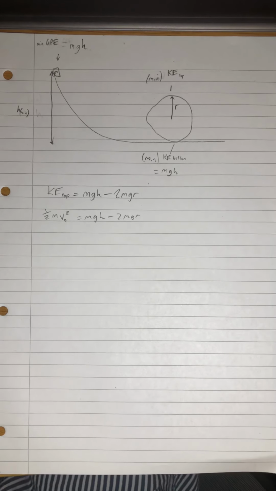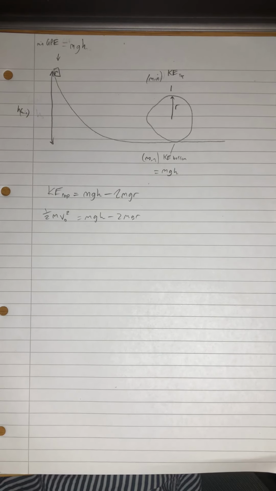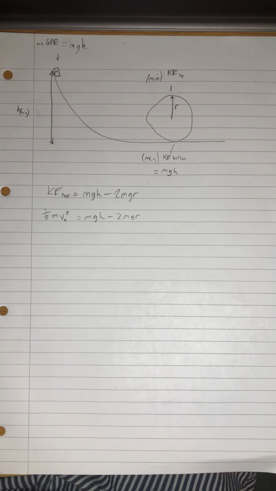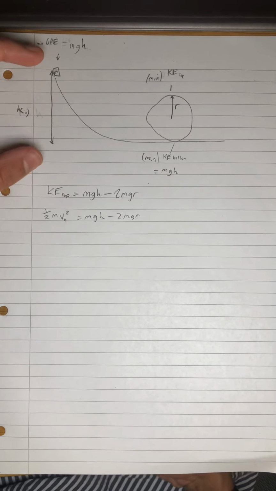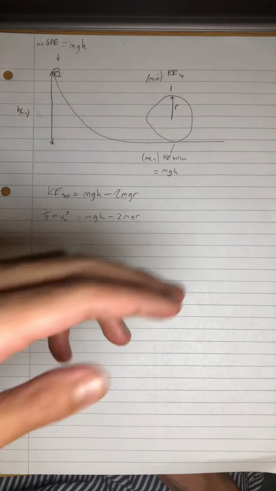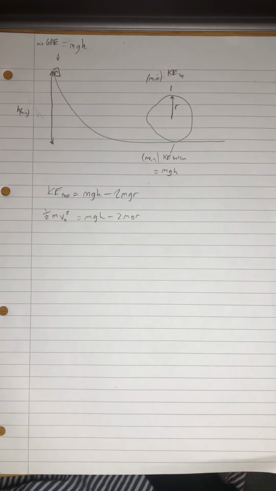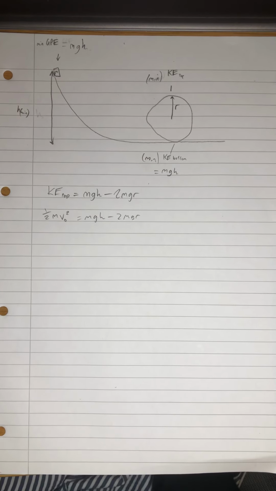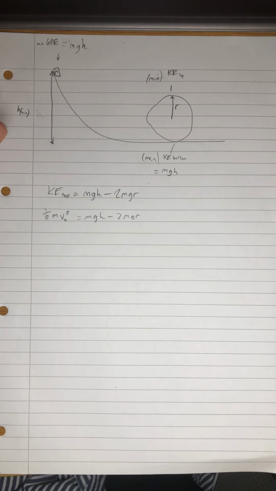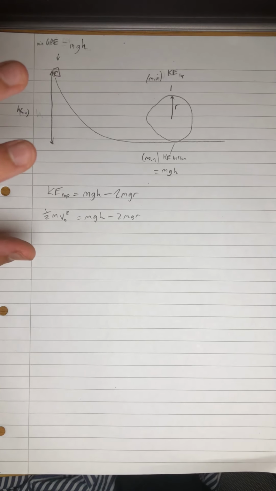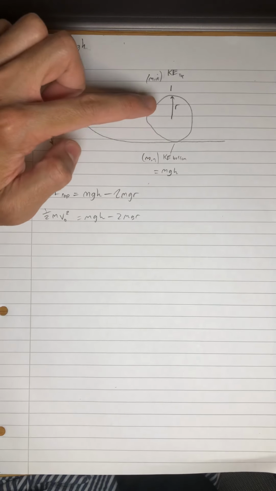Okay, hello. I'm going to be working out what is the minimum height that a roller coaster has to start at in order for a car to get around a loop-de-loop at the bottom. And thinking about energies, what this really depends on is, does it have the necessary velocity at this top, which